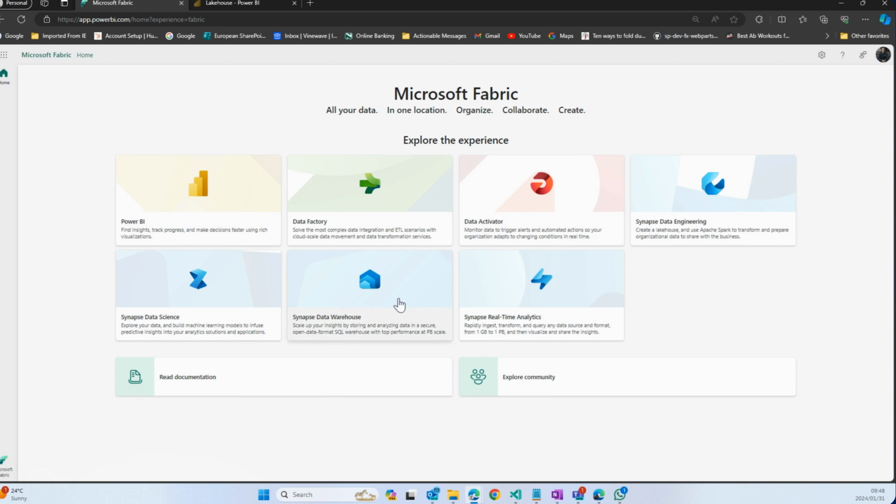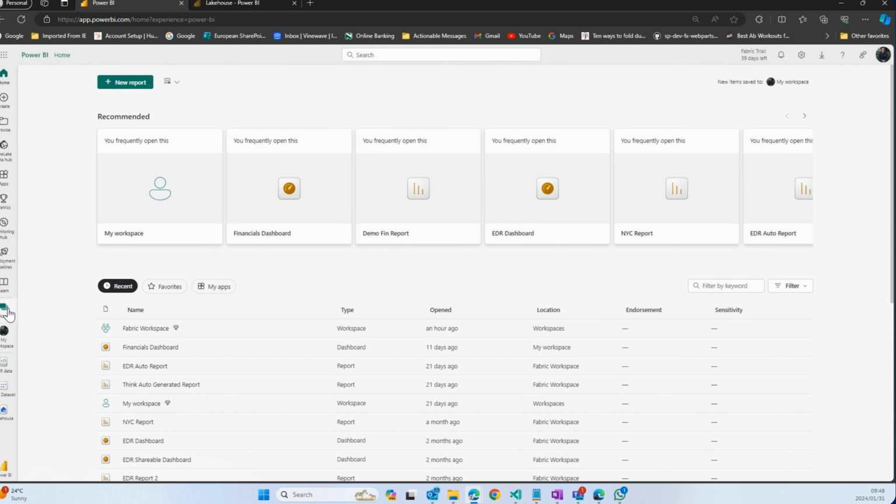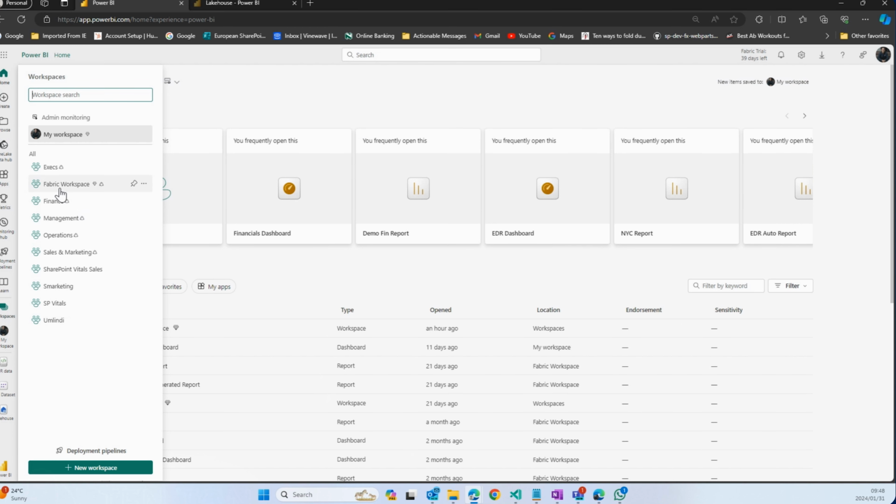Goodness me. Okay, so these are all of our tools. Let's just jump back to Power BI here, and I'm going to go to workspaces. What you'll see here is I've got a special workspace for Fabric. Now, that workspace has a little premium diamond next to it because there is licensing specific to Fabric. It's an additional license over and above Power BI, and it also incorporates some Azure componentry because all of this data is residing in Azure.